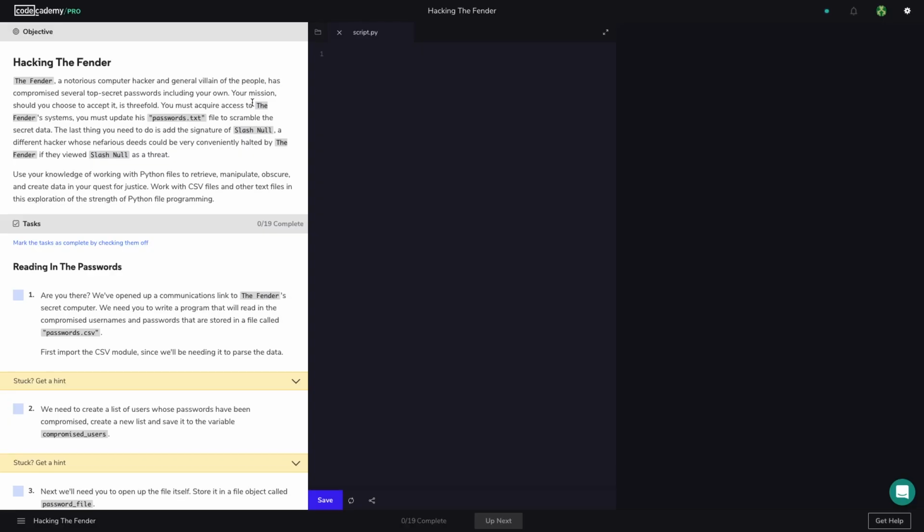Okay, so this is Hacking the Fender. So let's go ahead and take a look at what we're going to be doing today. The Fender is apparently a notorious computer hacker and a general villain, and has retrieved a bunch of top secret passwords, including our own. So we need to do three things. First, we've got to access the Fender's systems and update his passwords.txt file, which contains all of our passwords. We're going to have to scramble that secret data. And then we're also going to add a signature of /null, which is a different hacker who's basically a threat